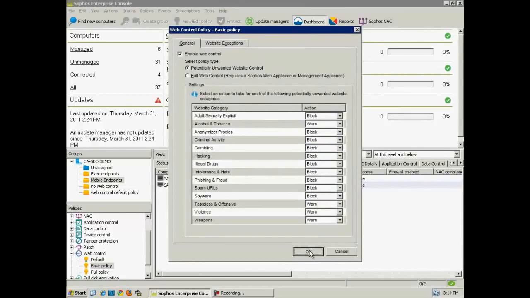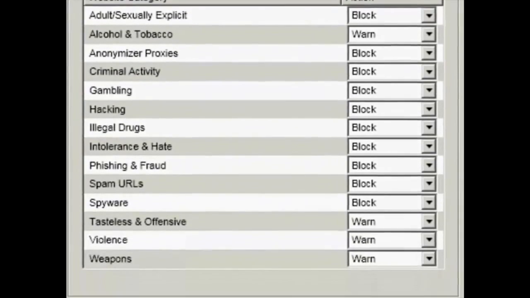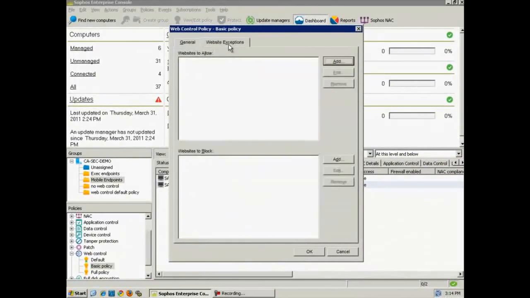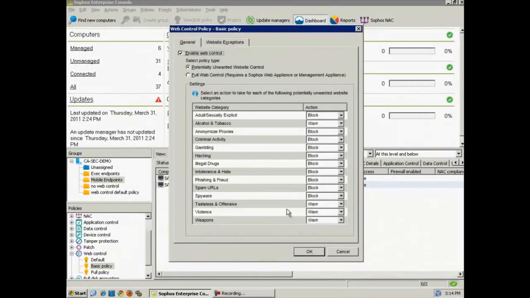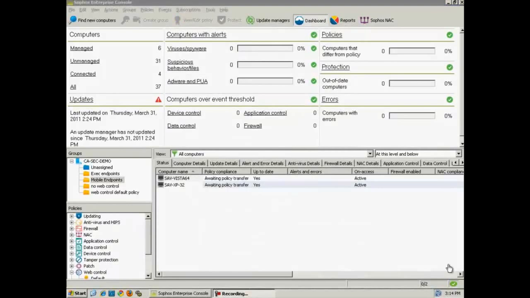So in order to help you do that, we are adding a policy inside the enterprise console that will allow blocking of the top 14 worst categories of website. So you can do that from within the endpoint console. Apply that policy, and then from the local machine, we try to browse to one of the particular types